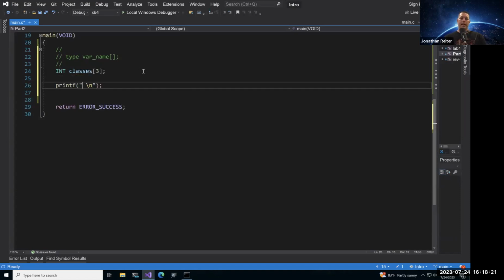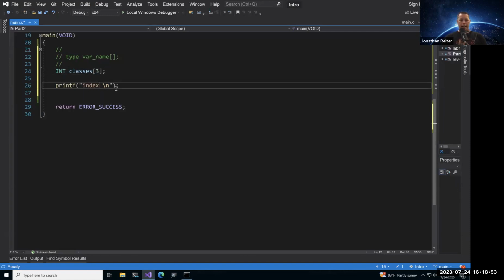Inside arrays, we have a zero-based index, meaning the very first item in this array will be at index position 0, then index position 1, and then position 2. Even though we see the value of 3 here, we're starting our index counting at 0, so it's 0, 1, 2. So think like a computer.